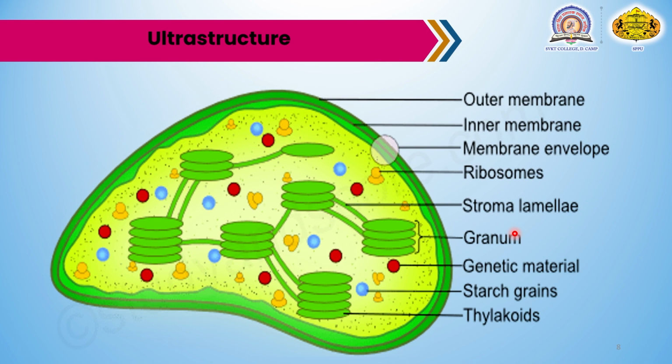The envelope. The envelope is here. This is the membrane envelope. The membrane envelope of this chloroplast is an important part of the organelle, protective in nature. The entire chloroplast is bounded by an envelope made up of a double unit membrane, and across these double unit membranes the envelope allows exchange of molecules between the chloroplast and the cytosol. This is the importance of this part of the chloroplast.